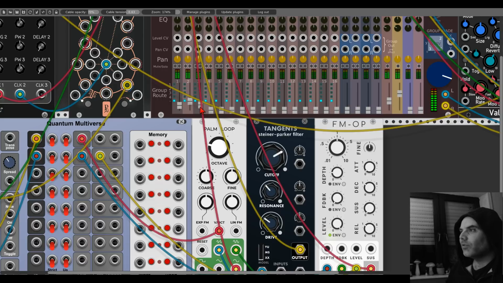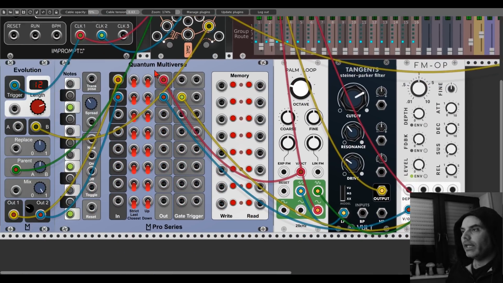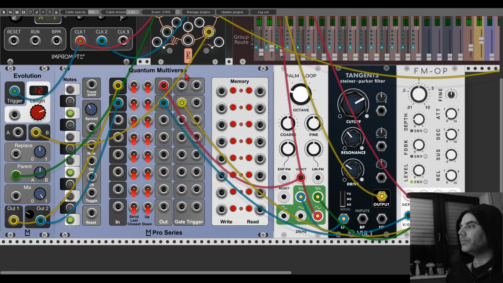This FM sound is so nice. Okay, and now let's have a look. Shall we add some more voices? Maybe later. Let's have a look now at the memory section where we can save, we can write and read